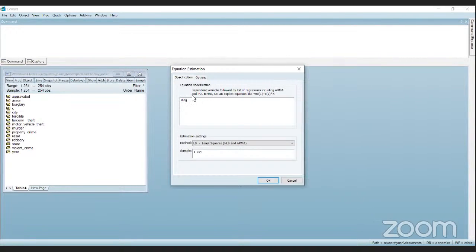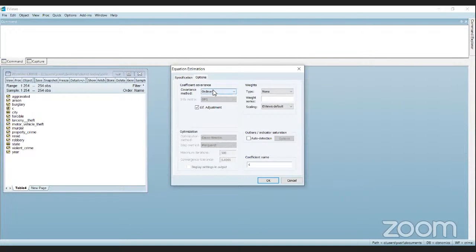For example, over here, I use violent crime with develop. Maybe mother. Okay. All right. So when you put in your equation, then you click option over here, then choose